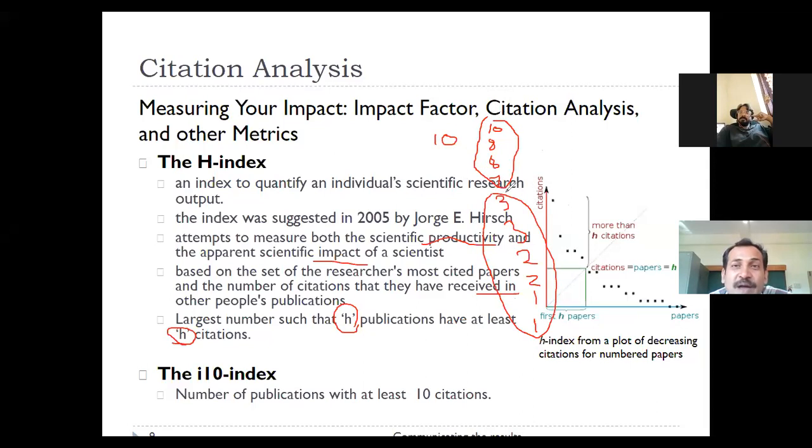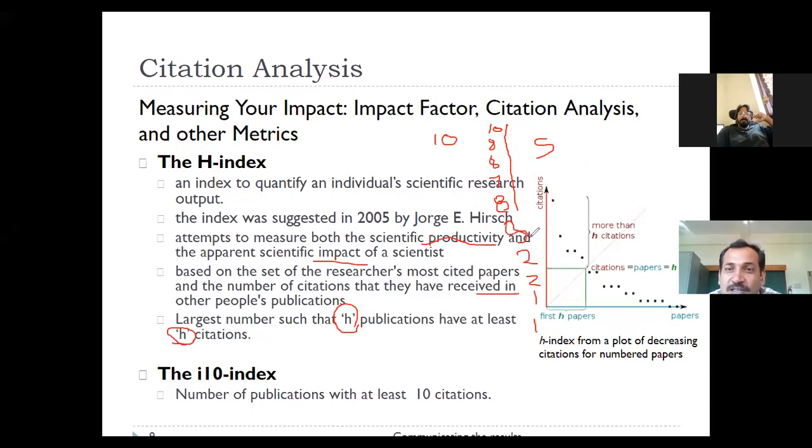So, what is the H index of this author then? How many papers are cited more? 1, 2, 3, and 4 papers are cited. If we go to the 5th paper, it is cited less than 5 times, right? 4 papers are cited at least 4 times, and the others are cited less than 4 times. So the H index will be how much? 4. Suppose instead this paper has 8 citations, then what will be the H index? Now 5 papers are cited at least 5 times, so the H index will be 5, right?